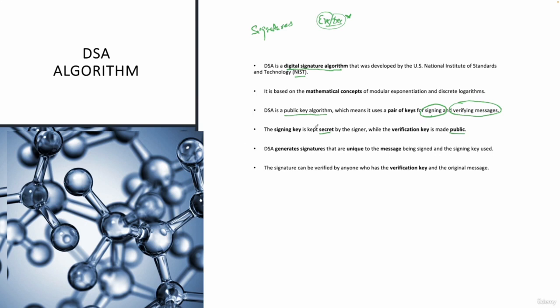Again, quite related to the first part that we discussed, that signature can be verified by anyone. Why? Because it's through the public key, right? Public key is available to everyone. So Joy's public key, let's say, is available to everyone because it's public, right? But it's signed using a private key. That's why it says the signature can be verified by anyone who has the verification key and the original message. So you need to have the original message and you need to have the right public key available with you